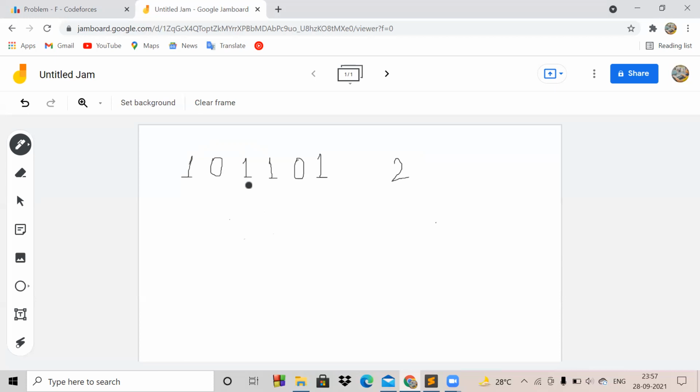This one will come here, this one will come here, this 0 will come next, then this one will come next, then this one, and then this 0 will come last, because it shifts 2 steps towards its left. So this will be our new array after the cyclic rotation.